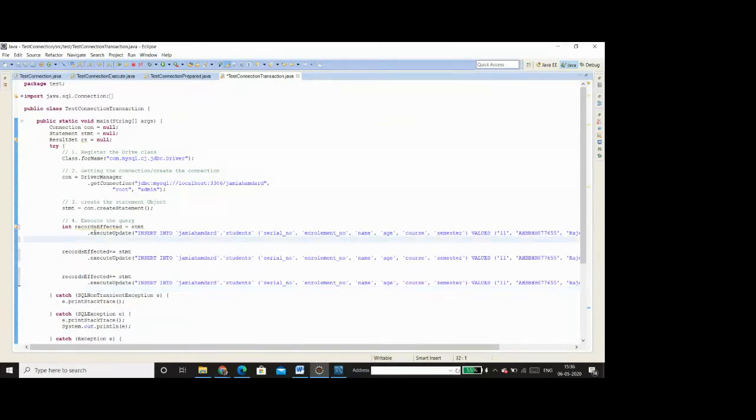And every time I execute this insert query, let me put a print statement that can print the number of records affected throughout the code.